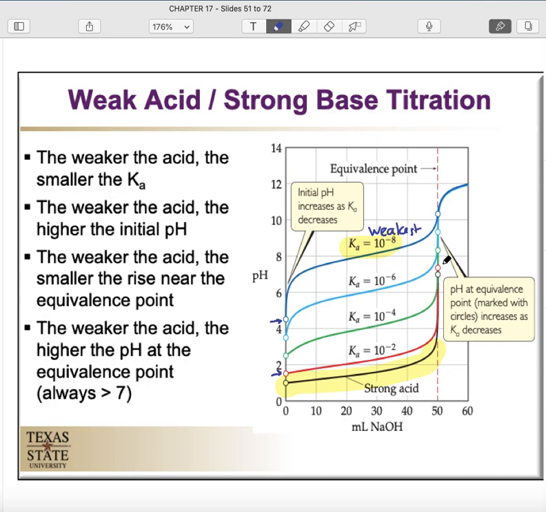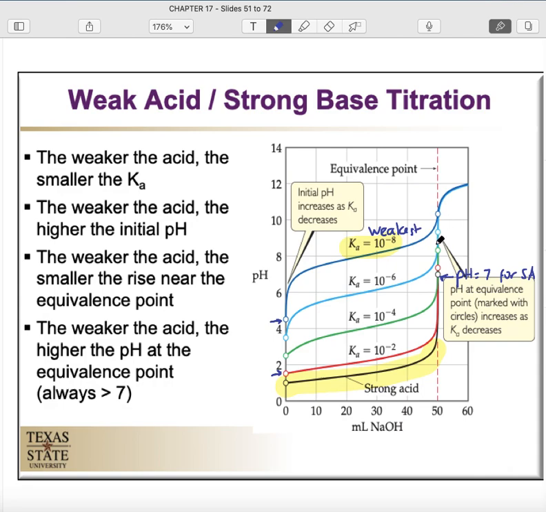The little open circles here represent the pH at the equivalence point. For the strong acid, we know that if a strong acid is titrated with a strong base, then the pH at the equivalence point is equal to 7, which is this one right here, the first of the circles. pH is equal to 7 for strong acid only. But for all of the weak acids, the pH at the equivalence point is greater than 7, as we already said, because of the fact that the salt that is formed is no longer a neutral salt, but instead